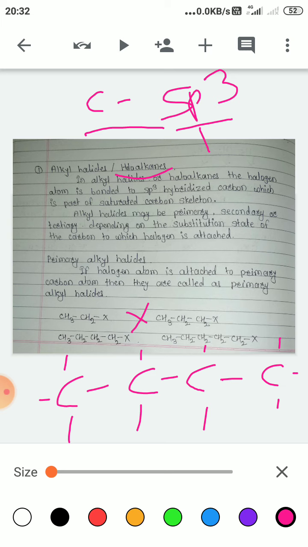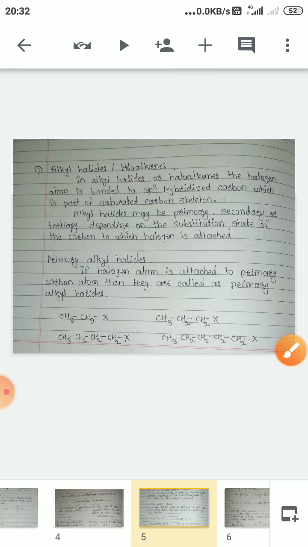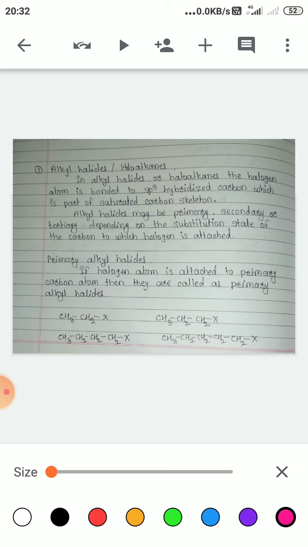So what are the alkyl halides or haloalkanes? In alkyl halides or haloalkanes, the halogen atom is bonded to an sp3 hybridized carbon atom which is a part of a